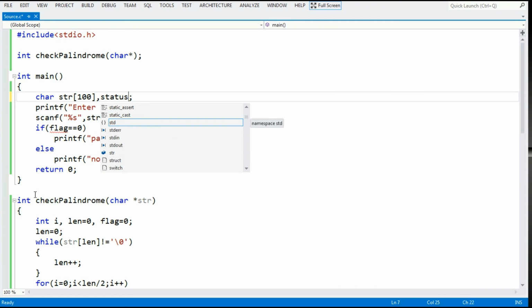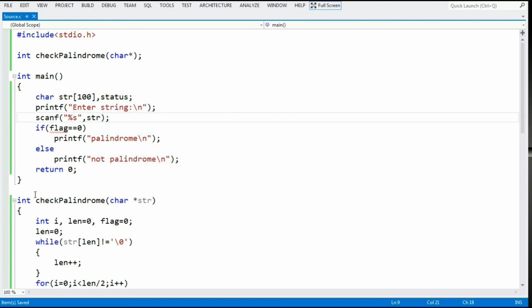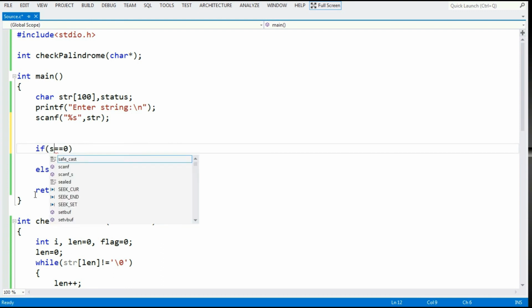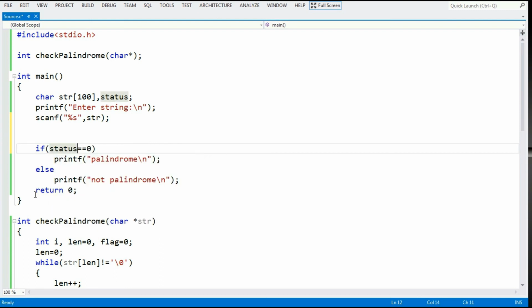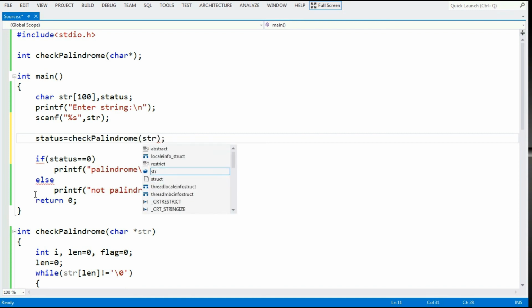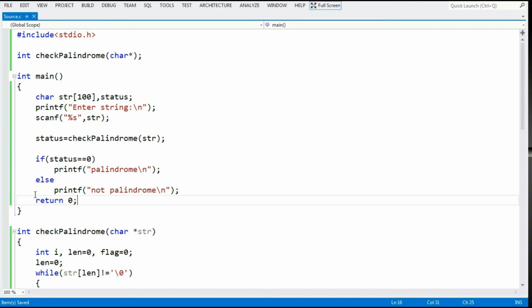So the status variable will receive either 0 or 1. I will make the function call here, and after that function call I will check the status value. So the function call will be status equals checkPalindrome, and I will pass the str string to that function.